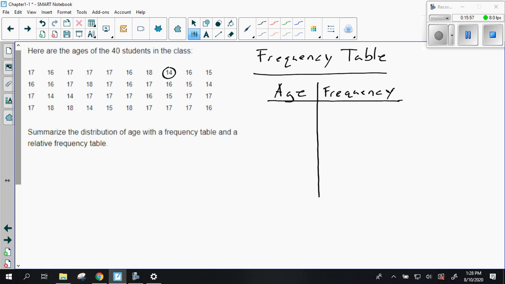First of all, 14-year-olds, right? Our individuals in this case are students, and one of our variables is age. So we're looking at the variable of age. We're going to make a frequency table for age and a relative frequency table for age of these students. So how many 14-year-olds do we have? How frequently do we encounter the data point 14